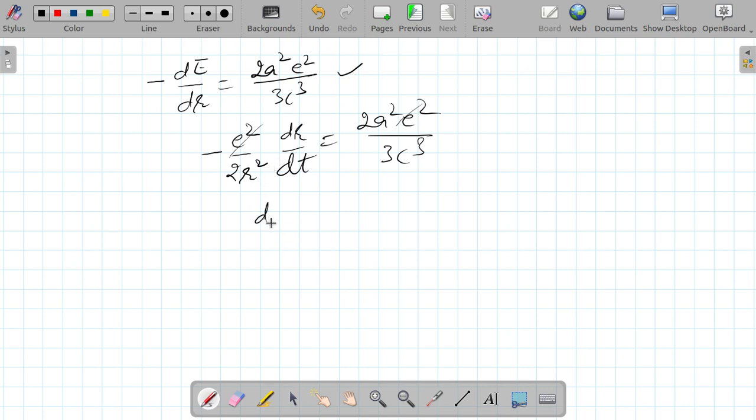So dr over dt is equal to, this goes towards that side with the negative sign, so it is